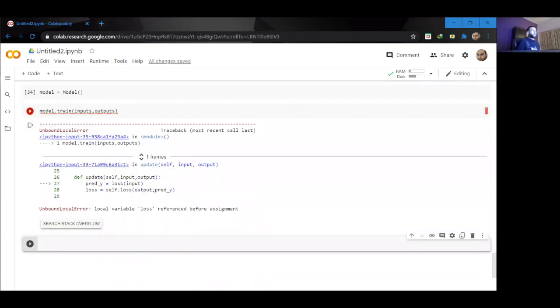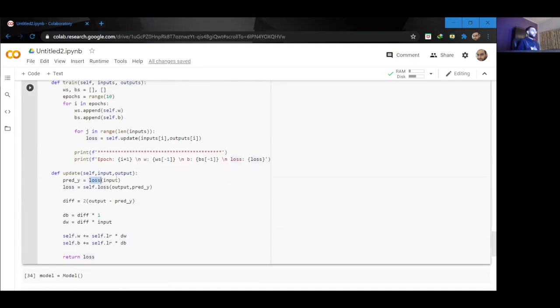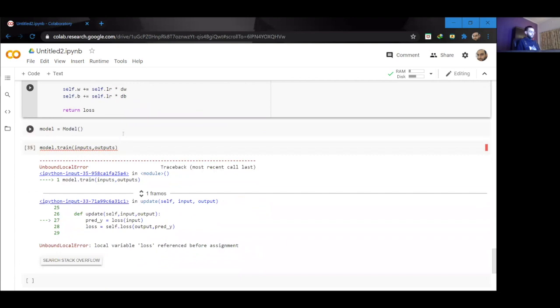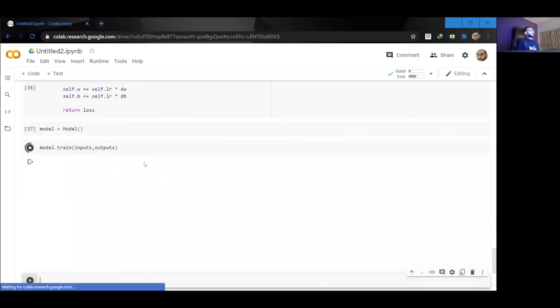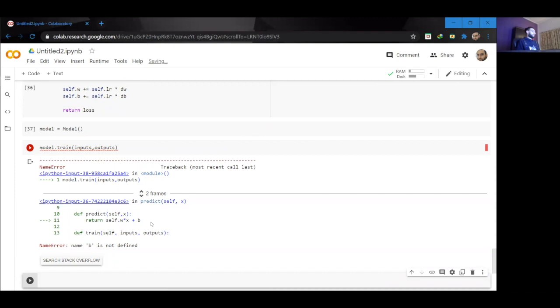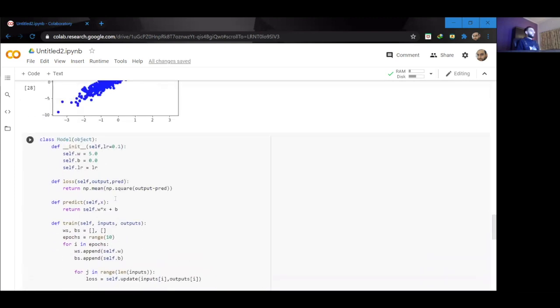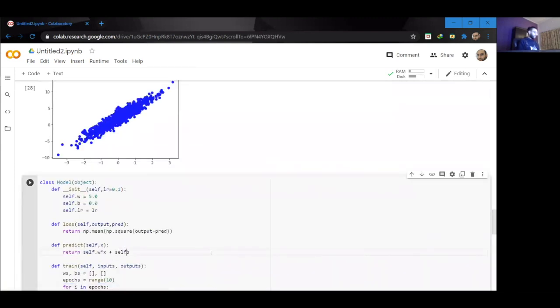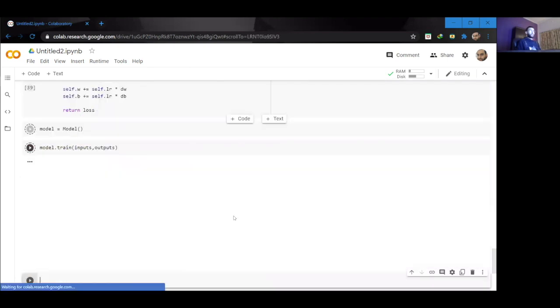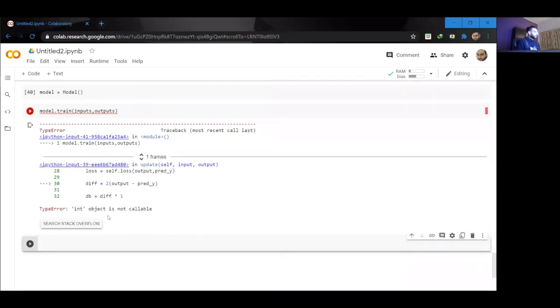Self dot, this needs to be self.predict, because we are actually calculating the value using our predict method. So we need to find the predicted output for my model. And this needs to be self.bias, because we are actually using them inside a class.